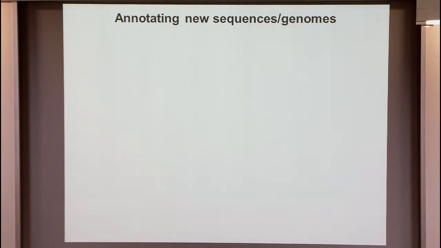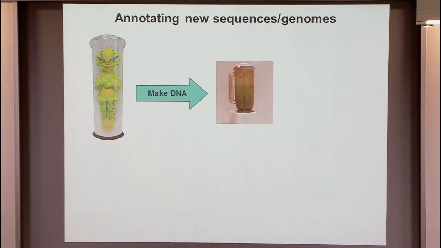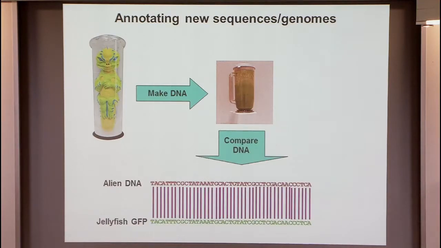Okay, so comparative genomics can also be used just to annotate new genomes and so forth, and this is a joke I always show. So let's say I walked down in Berkeley and I found this alien here that is very green, and I want to figure out why it's green. I can grind it up and make DNA, and then I sequence it and I find that the alien DNA matches jellyfish GFP, and so